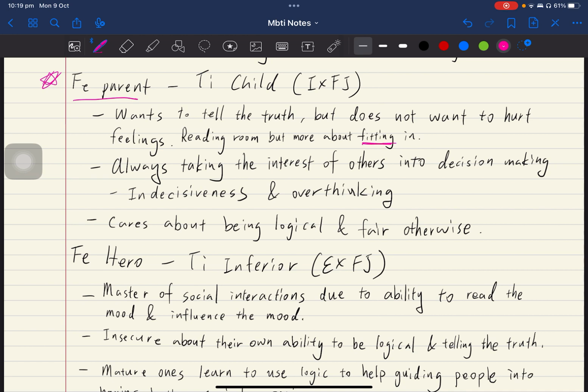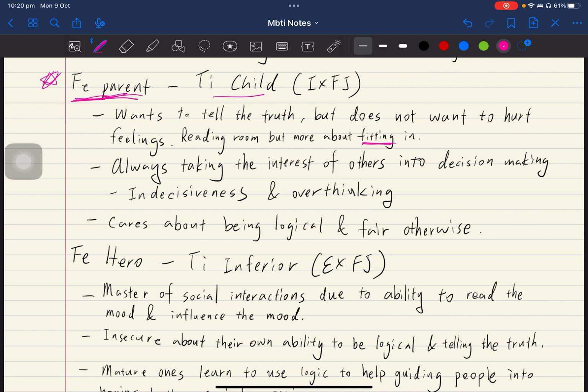So their goal is fitting in, and that TI child wants to tell the truth, but they are not always able to. They are literally being restricted by their FE parent, which says no, shut up. You can't hurt other people's feelings. So that means because of how much they care about the feelings, sometimes they are not able to be